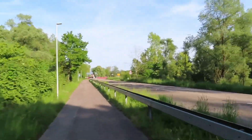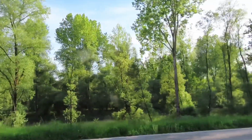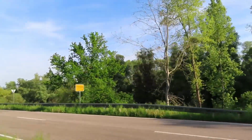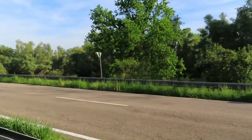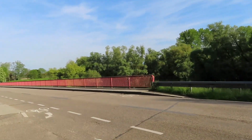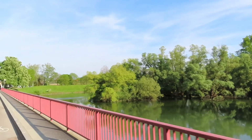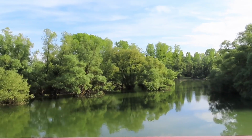And then there comes the bridge. Over there also a lot of the area already has water, right? Saying "right" a lot of times today, I just noticed, but I think a little bit better than before. So here comes the water again, the big part of the old Rhine. And then over there we are already back on the dam and coming back to the backside of my village,